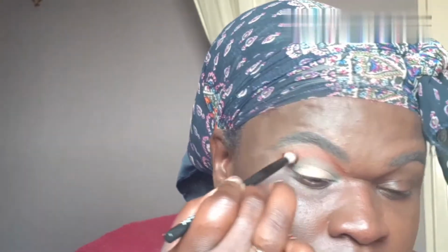So I'm just going to blend out the crease color. Now, because I didn't set my lid, it wasn't blending out the best at first. But once obviously I pat the color on and the lid was a little bit more set, it blended out a lot nicer. Now, as you can see, the green is kind of fading a little bit from my lid,